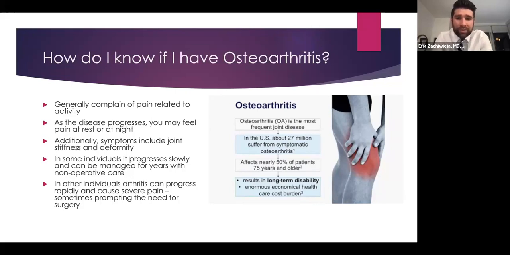The rapidity at which the disease progresses varies between patients. Sometimes it can develop and progress very rapidly in several months. Other times it can take years and years to fully progress. That really will dictate our management. As you can see here on this little schematic on the right, nearly 50% of people 75 years or older will develop arthritis. So this is extremely common and something that all people should be aware of, and ultimately understand our treatment options